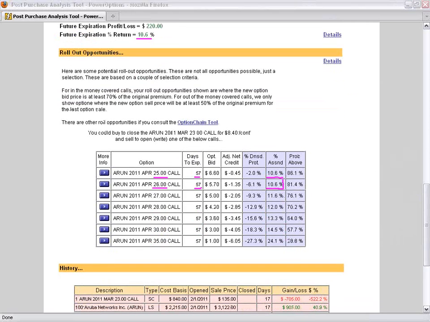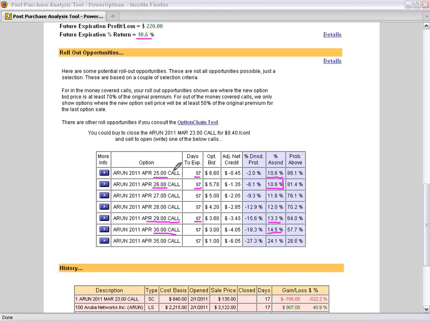Well, now with the stock trading at 31, what happens if we roll to the 29? Okay, so an extra 30 days. Remember, we still have 29 days to expiration. So about an extra 28 days after that, we could move from 10.6 up to 13.3%. Okay, that matches our goals. Remember, 2.5 to 3%, we're gaining an extra 2.7%, so this might match. Or, of course, we could go to the April 30 call, which would give us a 14.5% gain.